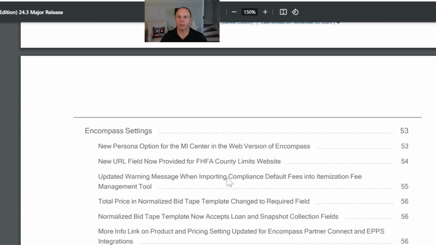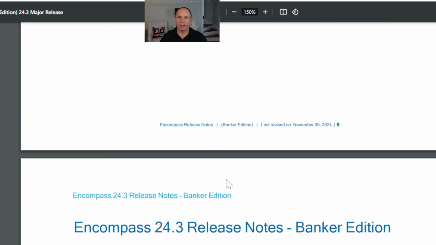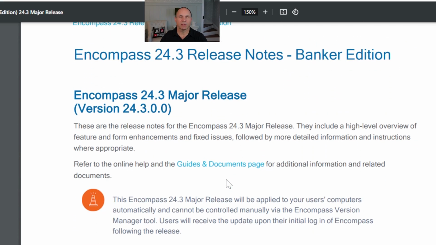That's on page 3. As we scroll down, you can see that this is obviously a major release. So if you have any SDK software that's running, you're going to want to make sure that's updated because this is a major release. For your companies that have SDK software, make sure you either work with your vendors to coordinate the timing, or if you've got internal developers, make sure you plan accordingly, of course.